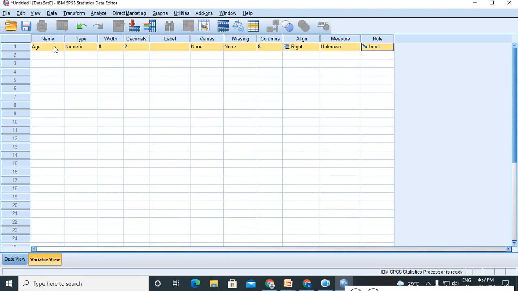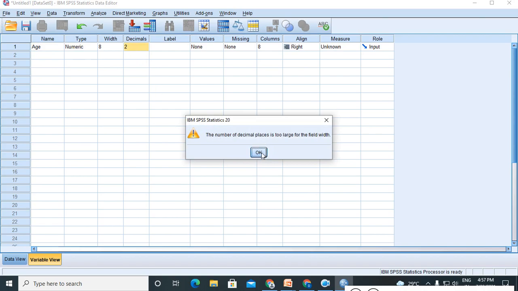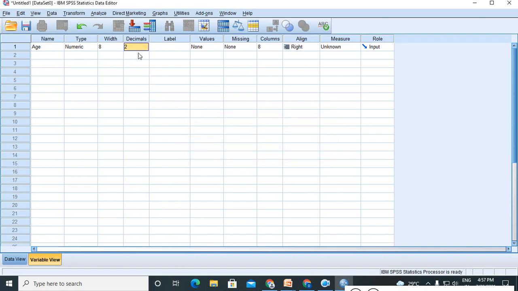We have seen already age is numeric. For width, you can reduce it; 2 or 3 maximum, 2 is enough for age. Decimal places we need not give for age, but if you want you can give, otherwise give it as 0.